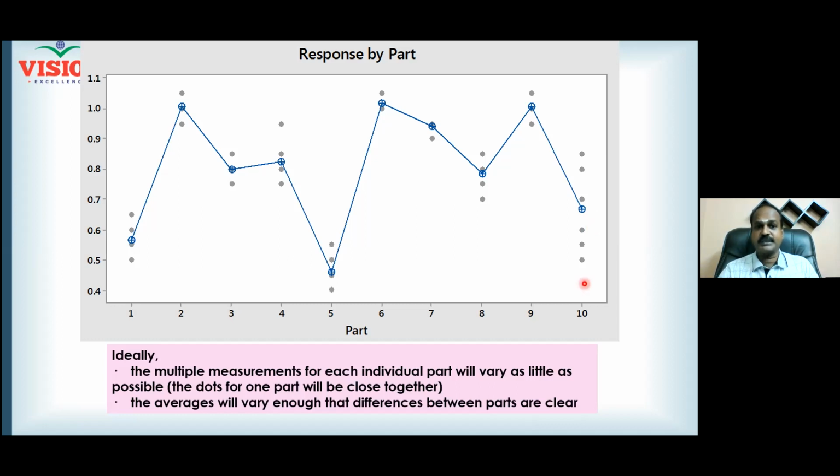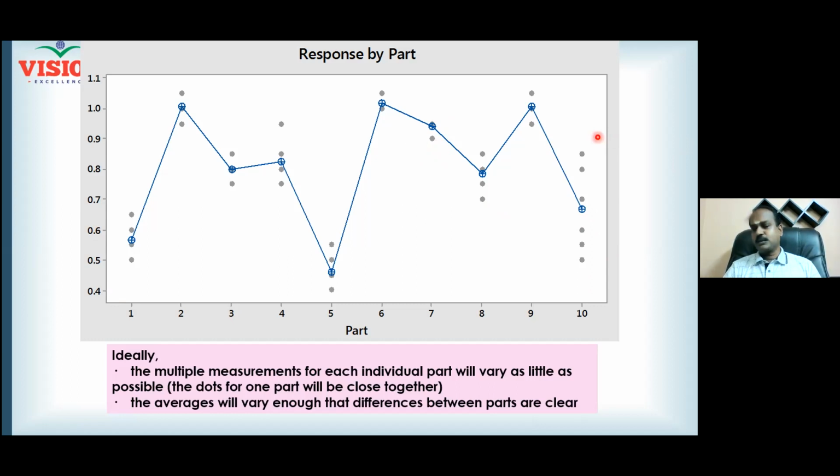All of you are with me on this? Yes. Where is your team more reproducible, looking at the graph? Part number 7. Part number 6 and 7. Very good. For part number 6 and 7, your team is reproducible. But for the remaining points, your team experiences a lot of reproducibility issues. So this is how you will be able to understand by looking at the graph.